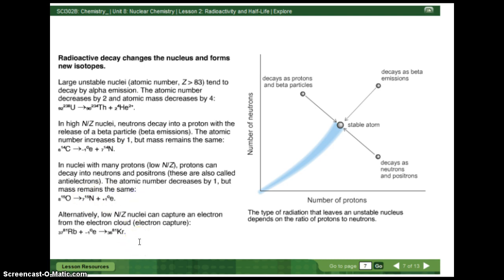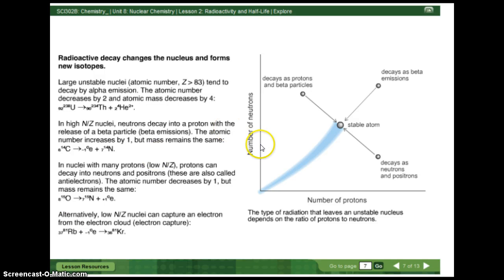Alternatively, low N/Z nuclei can capture an electron from the electron cloud. So you can have an electron capture. So we look at rubidium 37-81 plus that electron is going to yield krypton 36-81. Okay, so what happened here? Well, I went from 37 to 36. So I got rid of a proton. Oh, but my mass number stayed the same. So I didn't really get rid of a proton. I changed that proton into a